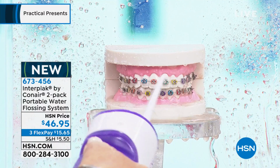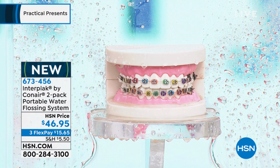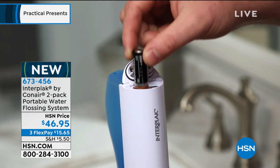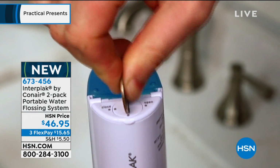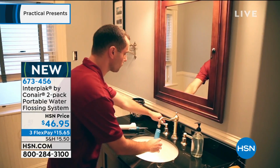The reason that we show braces is because, just like you were talking about, that permanent retainer, there are certain things and areas that are really hard to floss. If you have a bridge, there's no tooth to get in between. So how do you do that with traditional flossing? All you do is put 2 AA batteries into the base in this, turn it with a quarter,